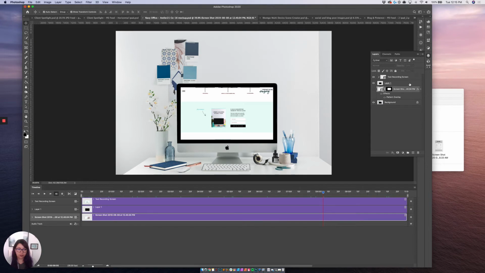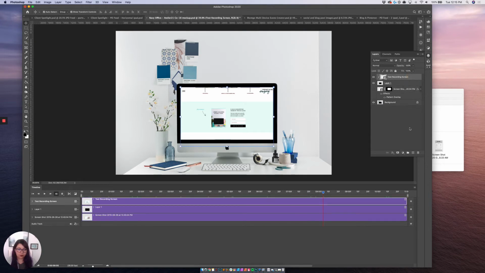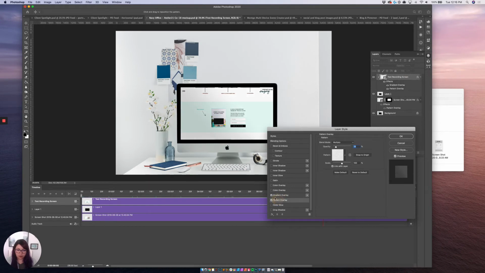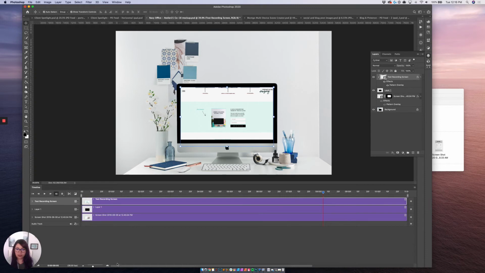So one thing that I like to do is grab that recording and add, let me just bring up the adjustments, and I'm going to do a pattern overlay on it. I use a kind of noise overlay, and I keep it super low, because if you go crazy then it looks weird. But if you do under 20, you get an extra